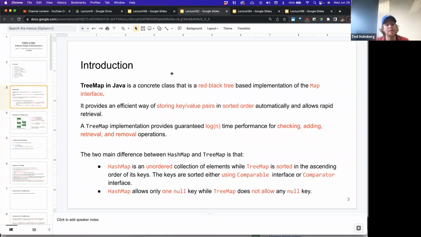So TreeMap implementation provides a guaranteed log n time performance for checking, adding, retrieving, and removing operations. A log n performance is very good. It means that as your data set grows in size, you're not doing a linear growth on the amount of operations it takes. It's actually logarithmic. It's really good performance, which again you'll learn more about, being able to compute these performances, in the next class